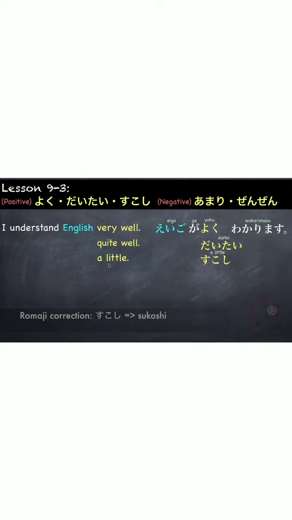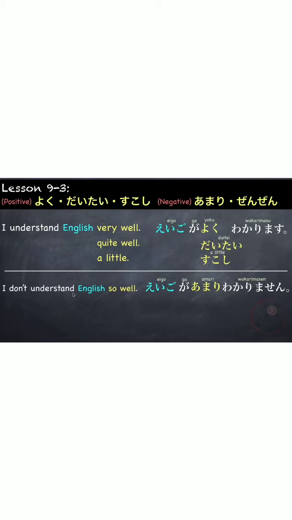I understand English a little. 英語が少しわかります。Now using the negative, I don't understand English so well. 英語があまりわかりません。